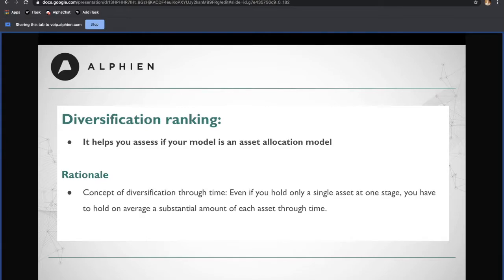But what's new about the ranking system is diversification. That's the first one we've added. And why did we do that? Really, it's about making sure the first requirement that we talked about, that the competition is about asset allocation, is respected. What do we mean by asset allocation? It means that your model, originally the sponsor wants a model that can choose and pick where to put the maximum exposure, let's say, to an asset class depending on market regimes.